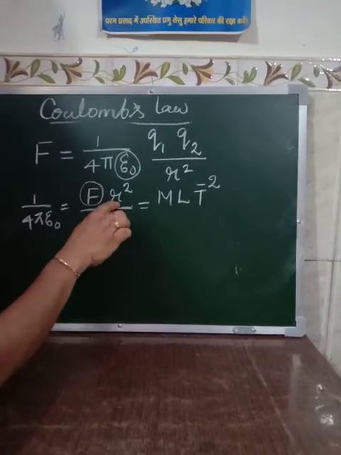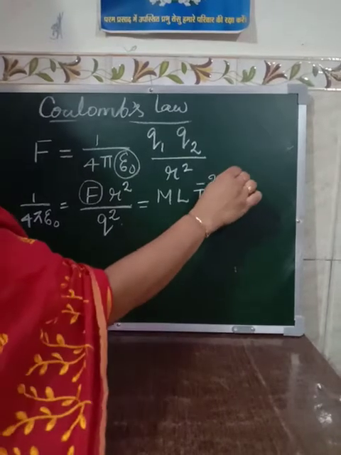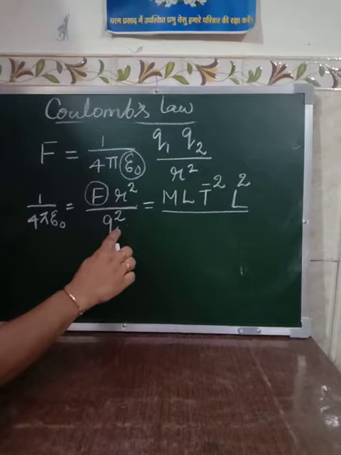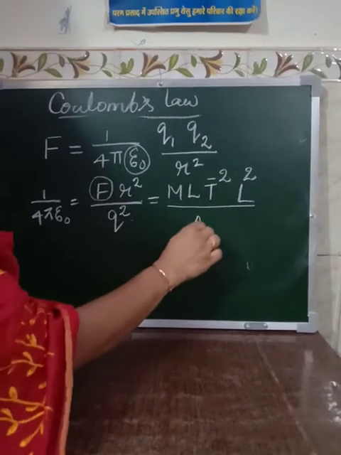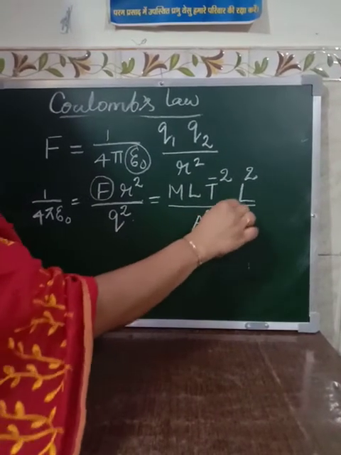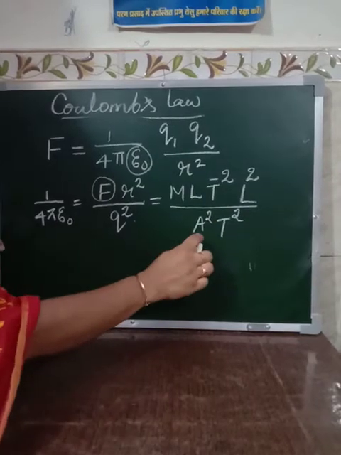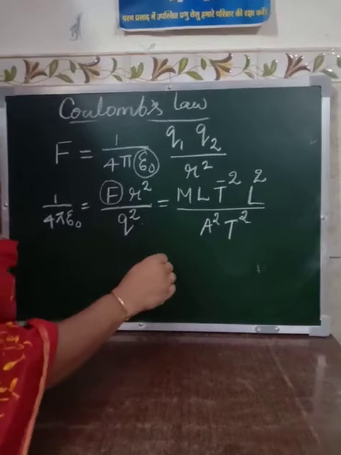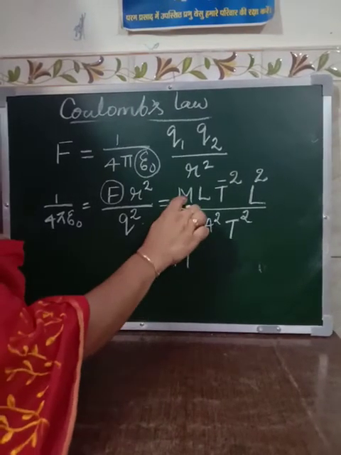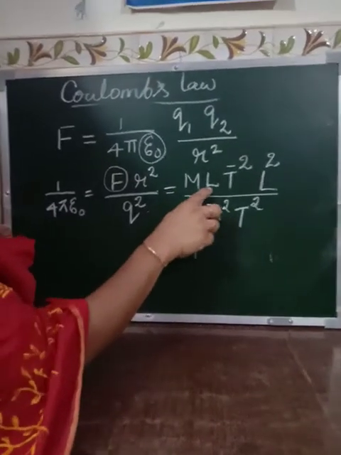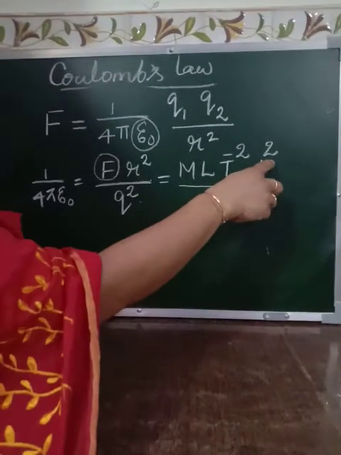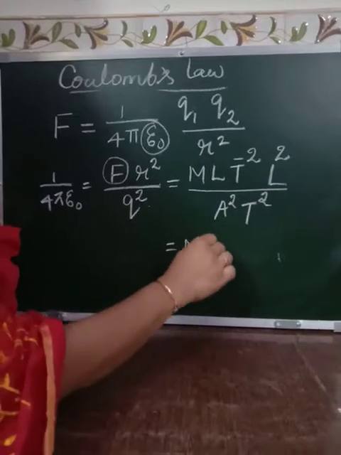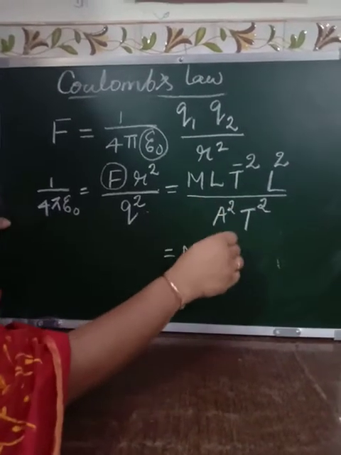Dimensional formula of distance, that is L square. Then dimensional formula of charge, that is A square T square. Coulomb square, Coulomb means AT, so A square T square. Therefore dimensional formula we can express as M, L is there, ML T raised to minus. So ML, here also L square. So ML raised to minus M L cube